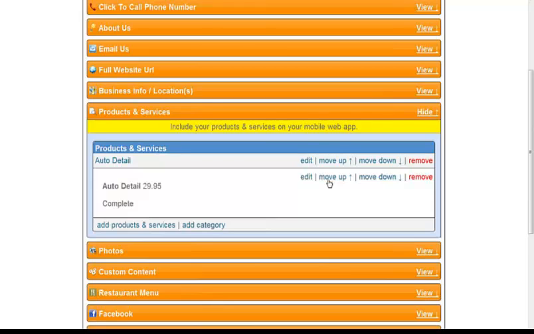Put highlights in here, okay? Get with them and put 3 or 4 things. I wouldn't go in and put 5,000 things if they've got 5,000 products in their store. You want to put some highlights in there. Auto detailing, everybody's wanting their car cleaned, okay? What does auto detailing do for an auto body shop? It brings them in. It allows them to meet the owners. It allows them to meet the people that work there. And when they wreck their car, bam, they know who they're going back to.